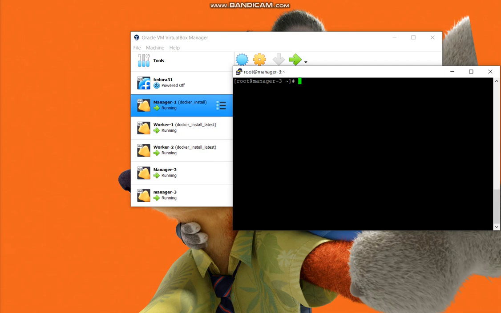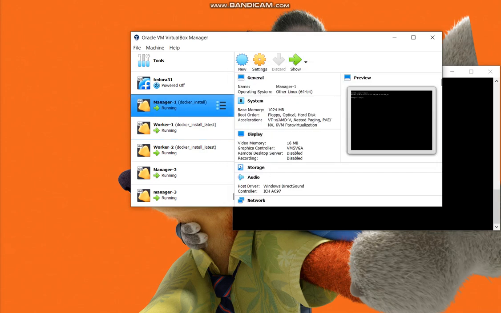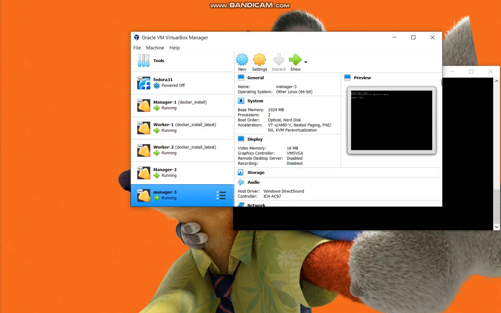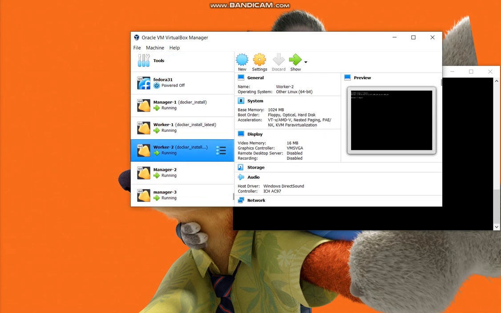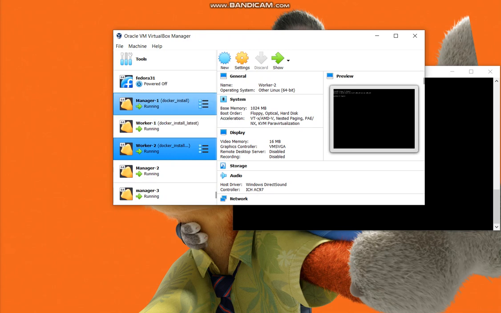Same like this, you have to create manager 1, manager 2, manager 3 and worker 1, worker 2. If your PC's memory and CPU are not enough, you can create one manager and two workers. This is enough. They should have CentOS 7 installed and Docker needs to be installed.